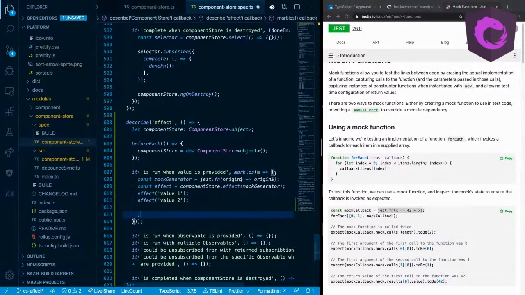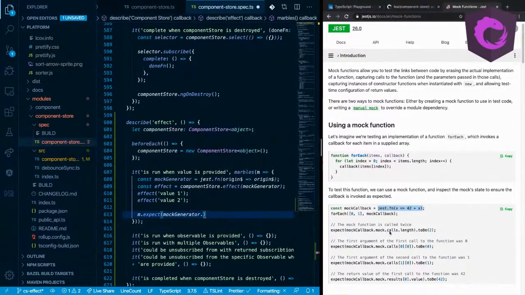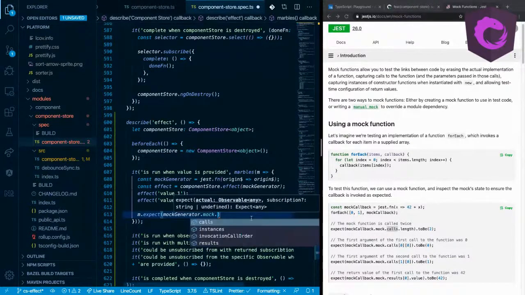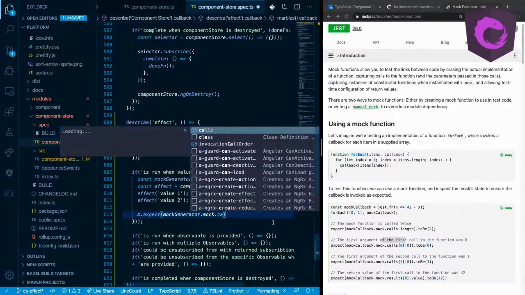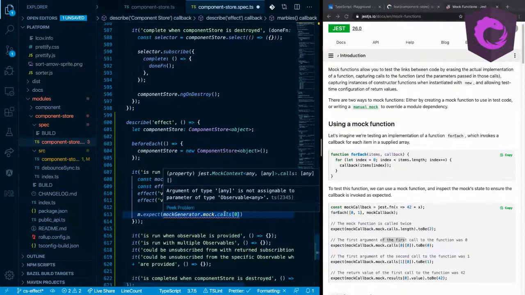So now I expect this mock generator calls results, calls should be calls 1. Let's see, mock. Okay, great. It actually knows calls, instances or results. The first argument of the first call of the function to be 0. The first argument of the first call. Okay. So I actually only expect it to be called once. Calls 0. So this will be now giving me any, okay,